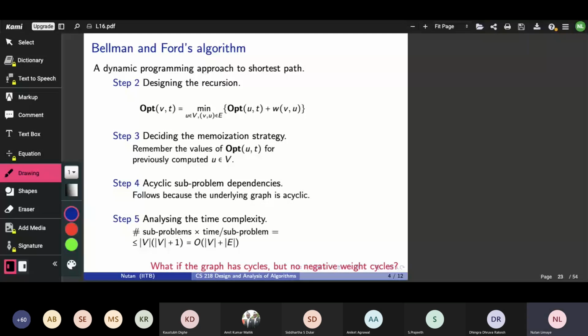I'll give you the guarantee that there are no negative weight cycles in my graph. For example, if you recall, one example we drew last time was this: 2, 1, say 2, minus 10, 1, 3, 2, something like that. So this graph has a negative cycle, because if we add the weights along a cycle, they add to a negative number. On the other hand, suppose I have something like this.